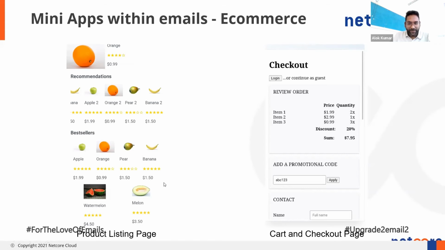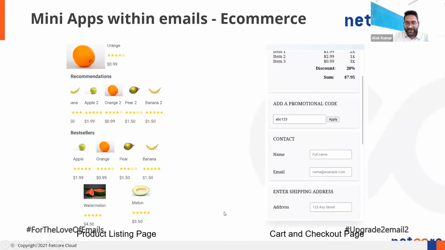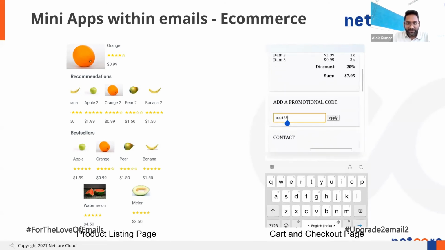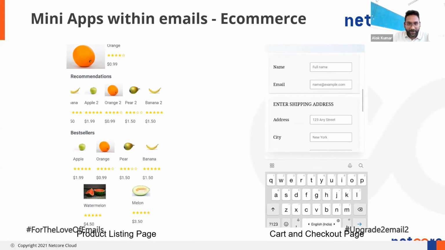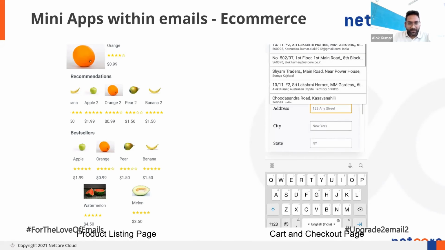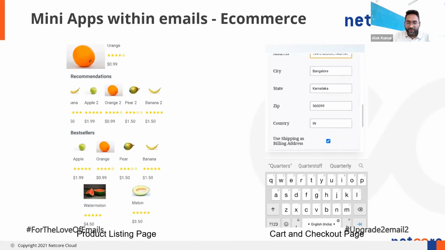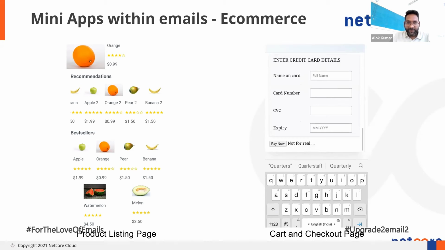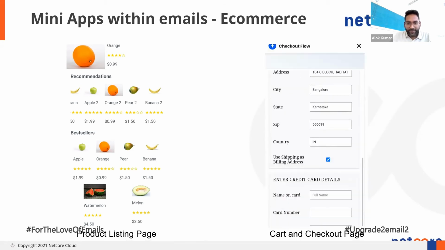Now, in this second example, we're going to show how a brand can create a complete checkout process within the email itself and make the users do the transaction within the email. If you see here, the products are listed out. Then you can ask users to fill in their complete details, the address where they need the product to be shipped. Then take the credit card or debit card details within the email and ask them to click on the payment link,